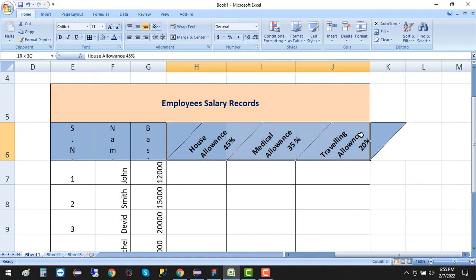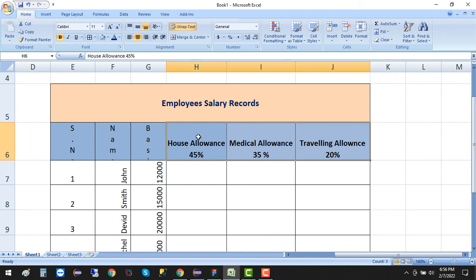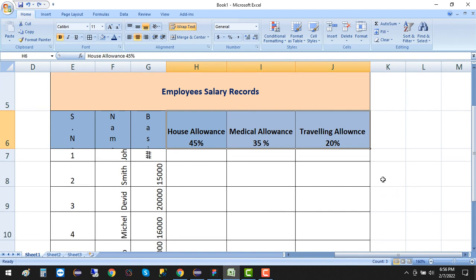So if you want to move it back, then just click here and then Format Cell again, and now you can see it's moved back down to the normal range. You can see this. Hope you like